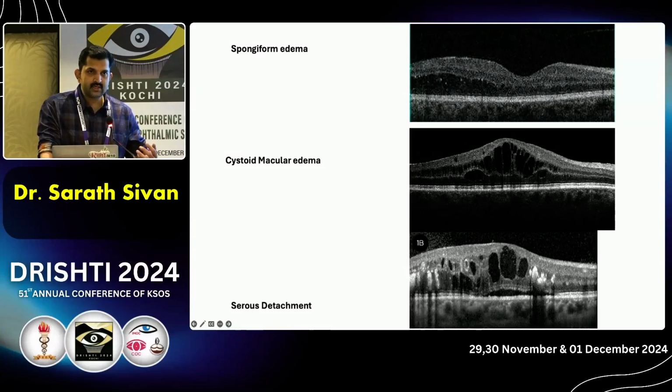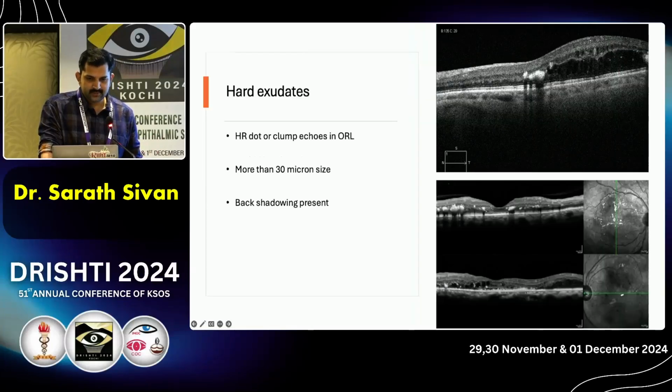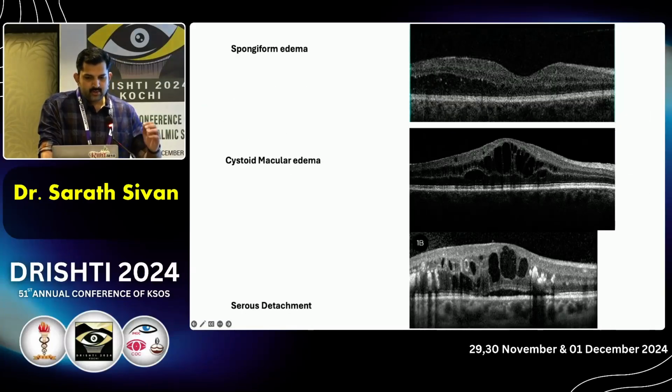With further disease progression, more fluid gets accumulated, and this fluid breaks the ELM and goes to the subretinal space, causing a serous detachment. Further, if the patient has hypoalbuminemia, increased hydrostatic pressure can lead to more fluid accumulation in the subretinal space. So with the morphology, we can assess the severity of the disease and get some clue regarding the systemic